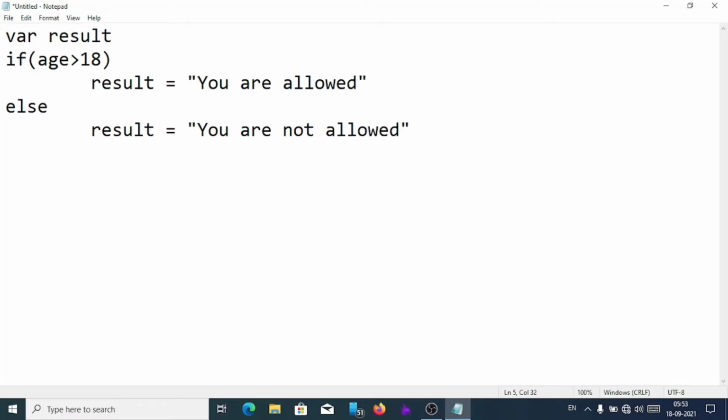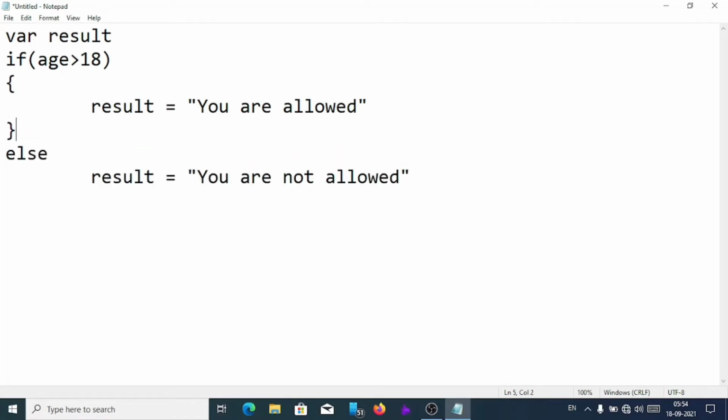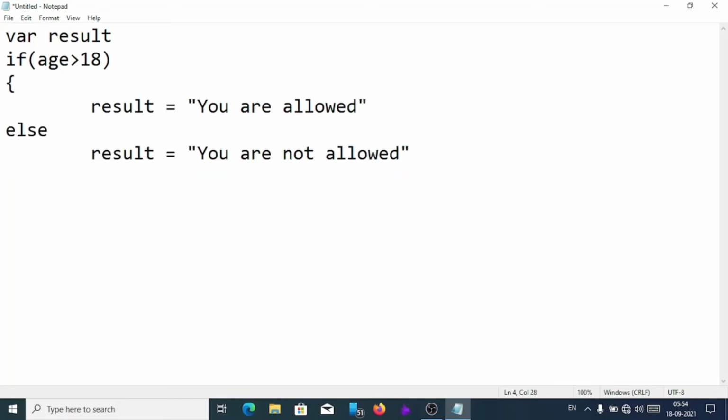Please keep in mind, in JavaScript if we have just single statement, then we don't have to give semicolon, but if you want to write more than one statement in same line, then we have to give the semicolon to separate the lines. And in if statement or in for loop or while loop, if there is just one line of statement, then we can skip the curly braces. If there is more than one line, we should always write within curly braces, means we should write within block. Here in single line also we can give block, but it is just useless. For single line we can skip the brackets, so we'll skip the brackets here.